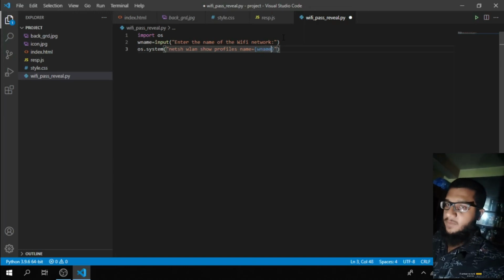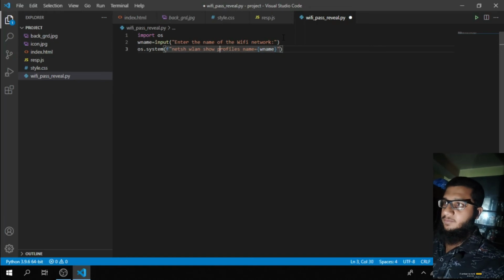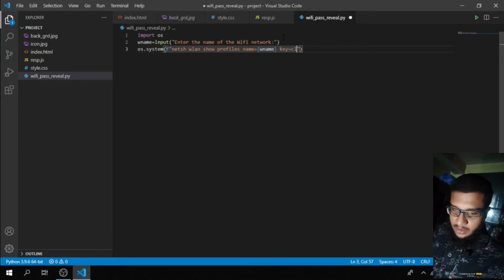This will be an f string, so I'll type here f, and then I'll type key equals to clear.